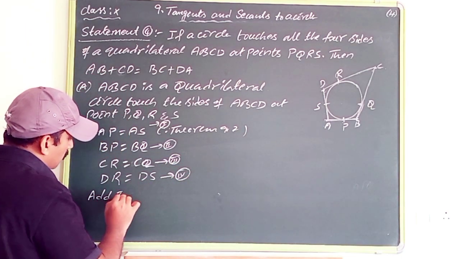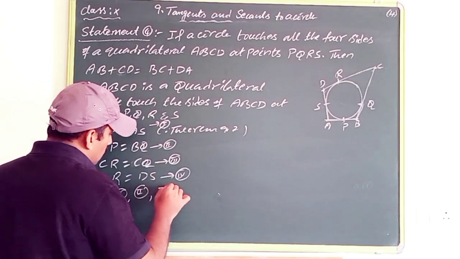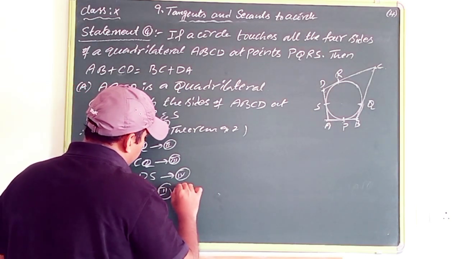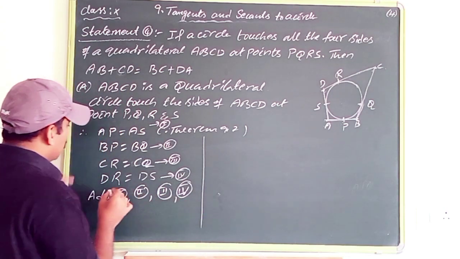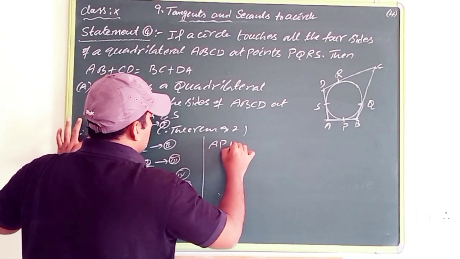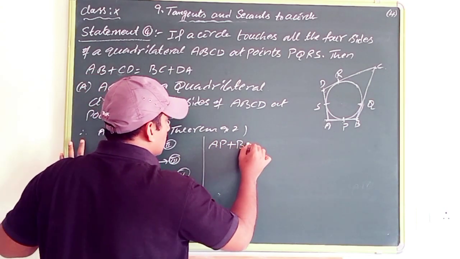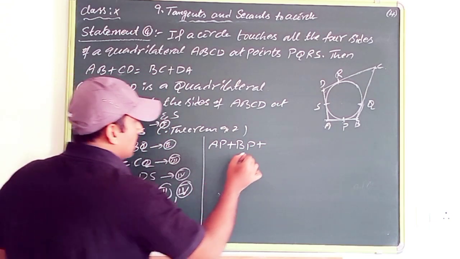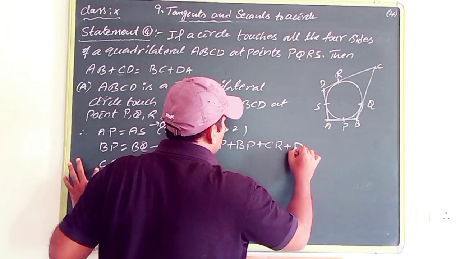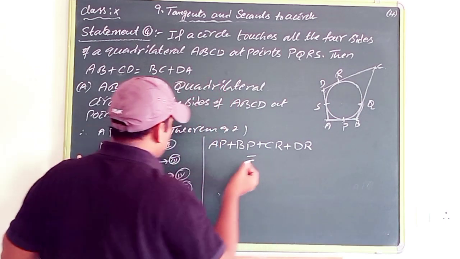So, add 1, 2, 3, and 4. Then what do you get here? AP plus BP plus CR plus DR equals